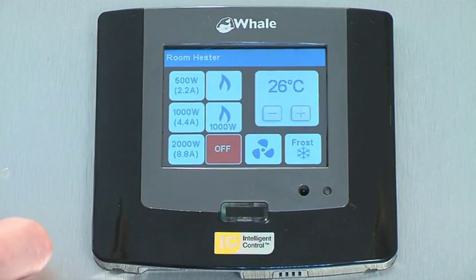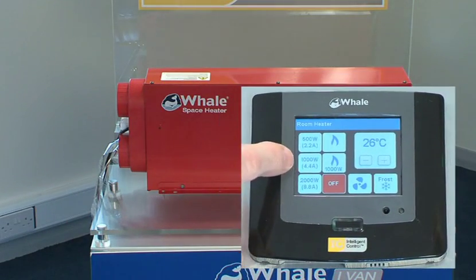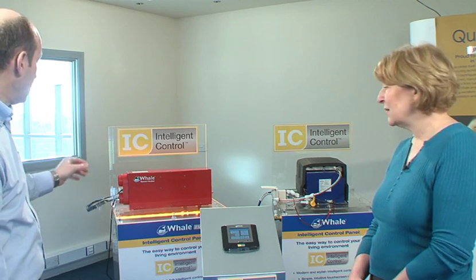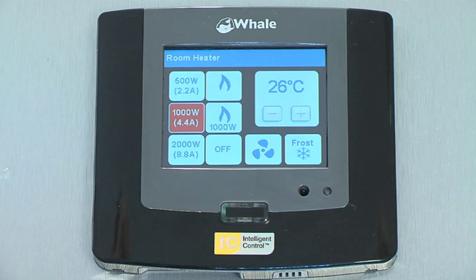So let's say, for example, we're happy with 26 degrees. We want to turn on the room heater, 1000 watts, so we just press that little button, and as you can see now, the room heater has come on. Okay, so the space heater is coming on now to heat the room up to 26 degrees C. And if we hit the handy home button,